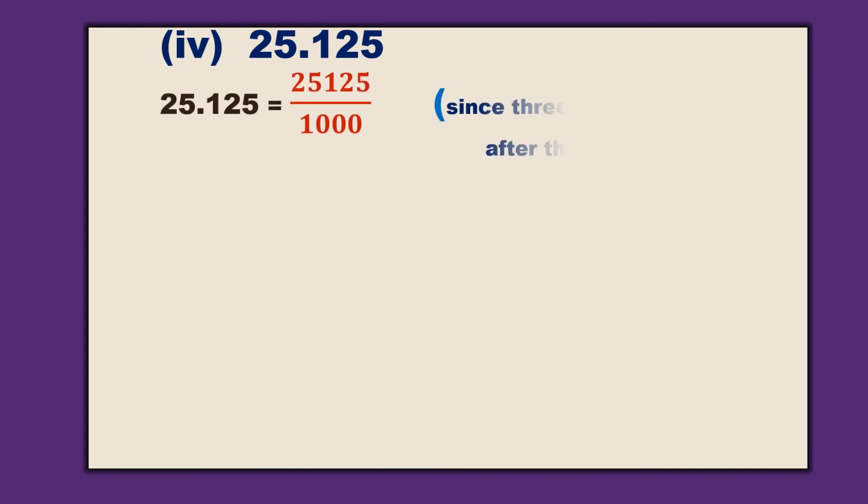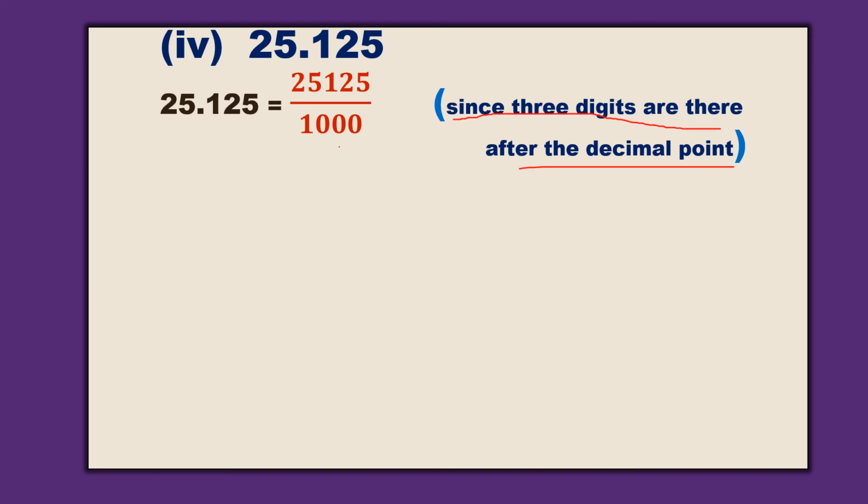Here is your next question, 25.125. Okay, so here, as there are 3 digits after the decimal, we should put 3 zeros in the denominator. Okay, 3 zeros before 1 means it is 1000. Okay, 3 digits, so 3 zeros, so it is 1000 in the denominator. Here I gave the reason, as there are 3 digits after the decimal point, it is divided with 1000. Okay, so as the units digit is 5 and 0 here, you can divide it with the 5 table.